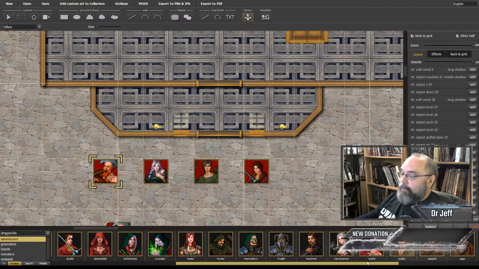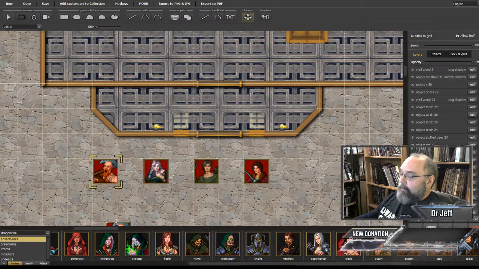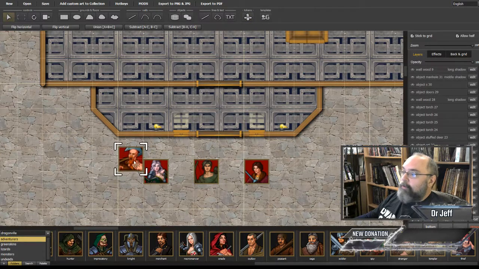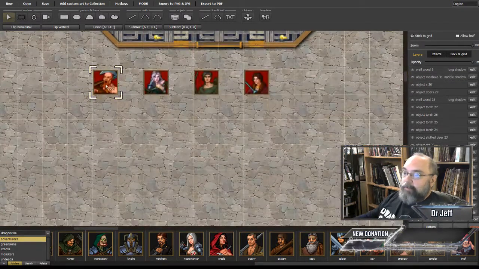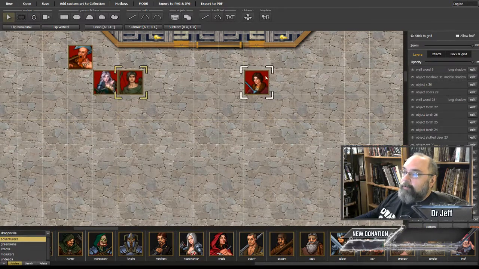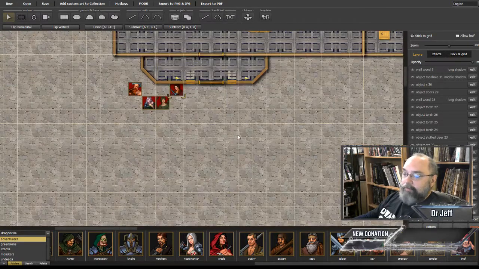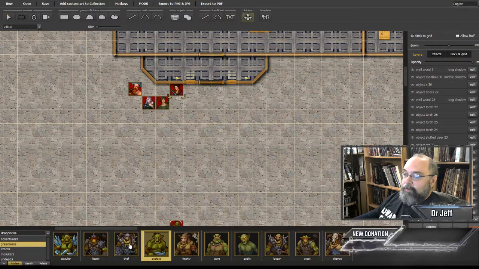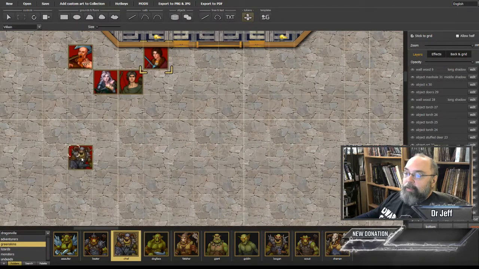It's got a pretty decent selection of tokens that you can use to move about on the map. Now, when you're moving these guys about on the map, it may be a good idea to keep it sticking to the grid so you know where their marching order is and all that good stuff. So it's incredibly cool. You've got a list of green skins, which obviously may be their enemies,